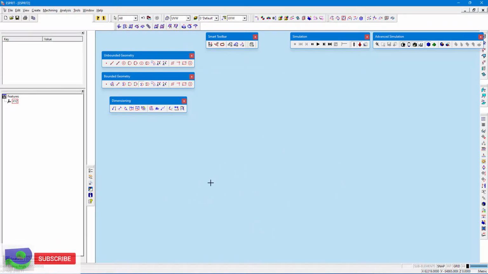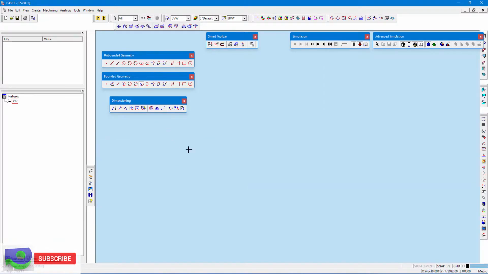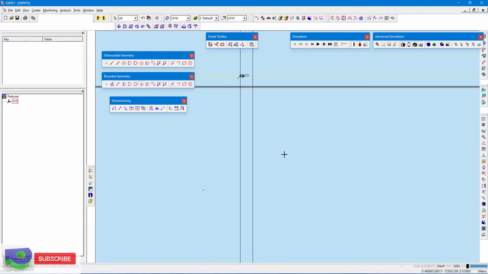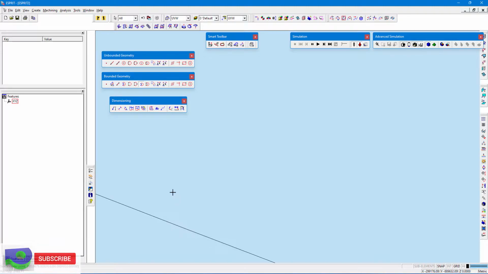Oh, my system got hung, sorry. I will show you once again. First point, major radius as 100, minimum radius as 30, starting angle, see, where is it? Yeah, it's not coming up.